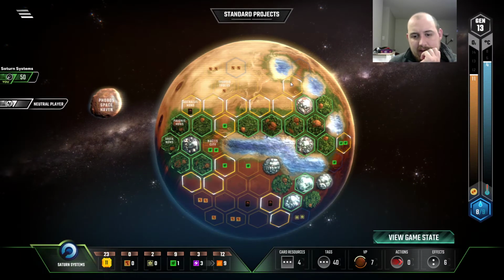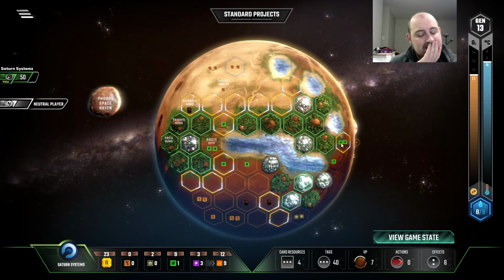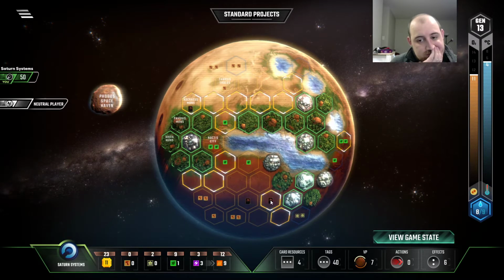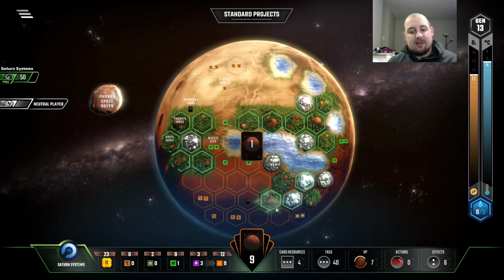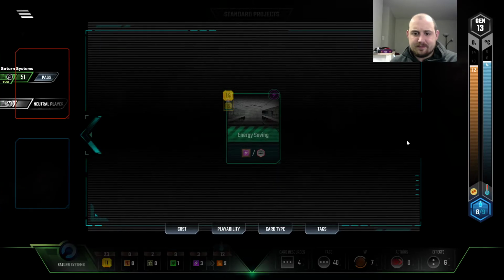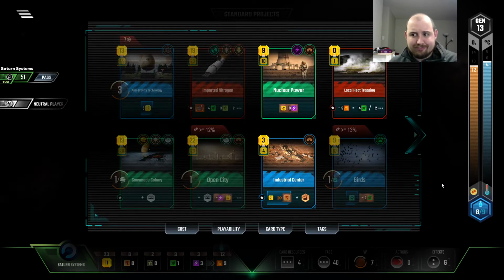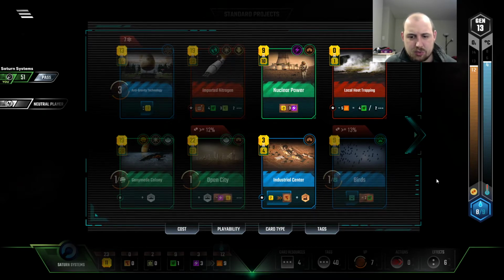So greenery, here for the money or here for the plants? Here for the card. Here for the point. For the card. Let's get the card. The card's at least $1, right? Oh, I can't get birds. Well, like I said, I still needed it. It was still a good trade, but